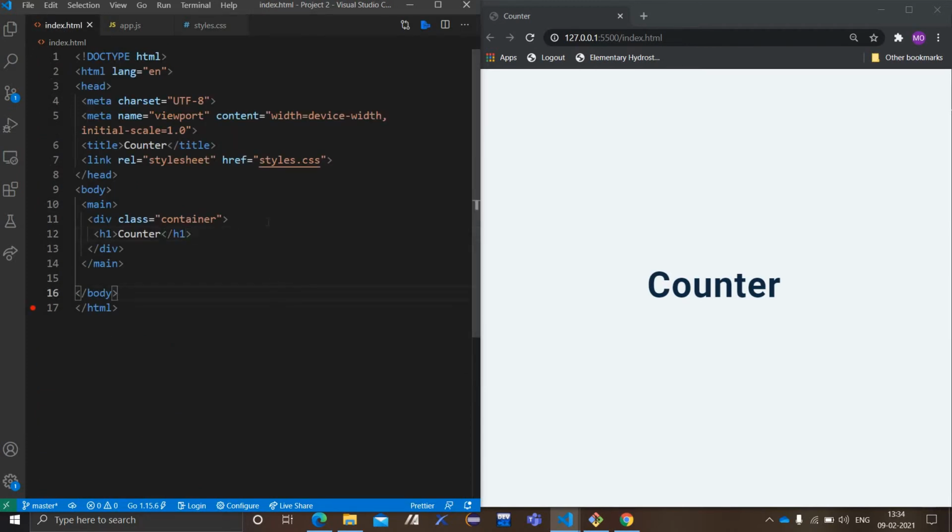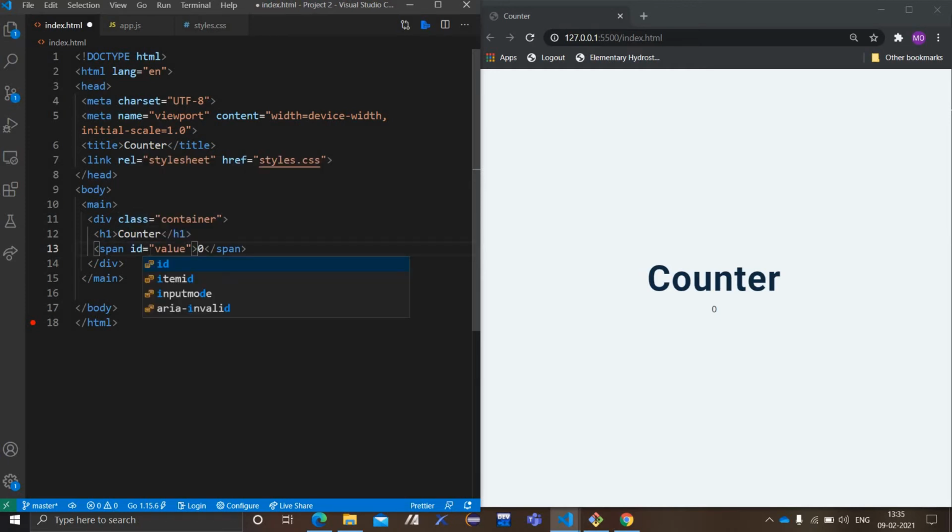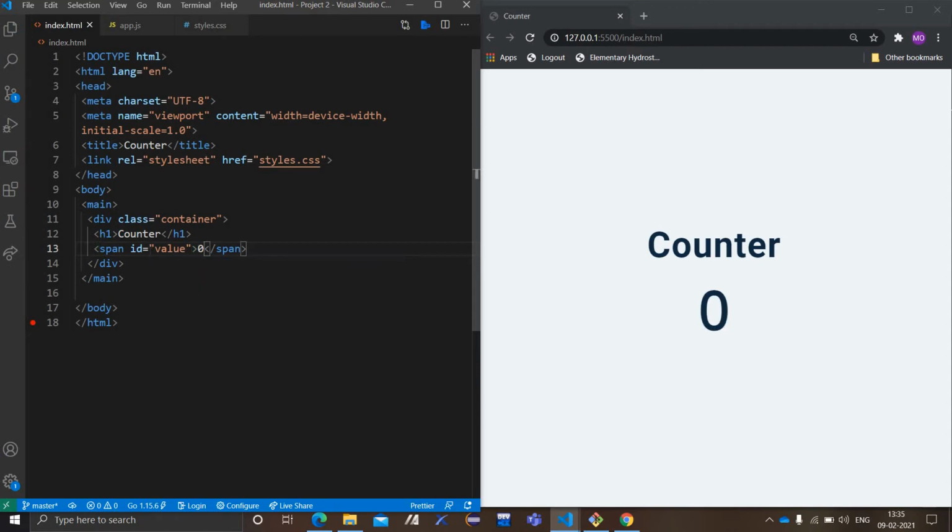Then what you need to do is you have to write one span. Click it 0. Then what you need to do is class, then value. So instead of class I will be putting an id, because in CSS I gave it as a hash value. So again what I have to do, I have to create one more, like for button, dot button dot container.